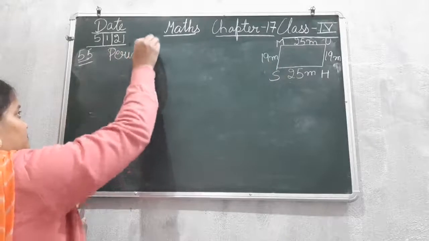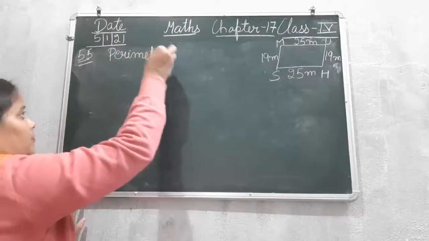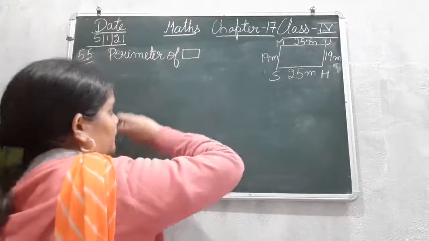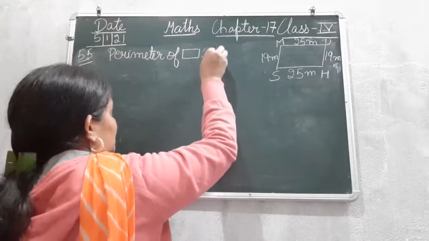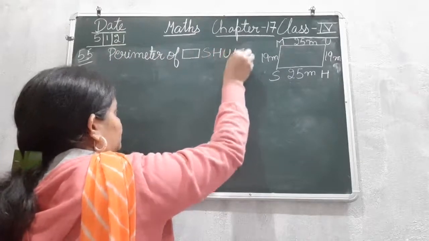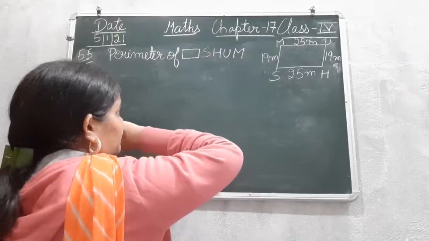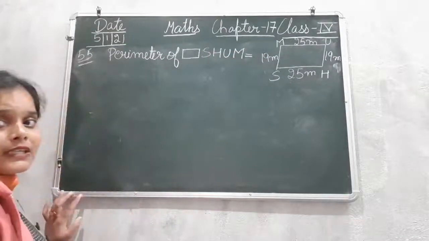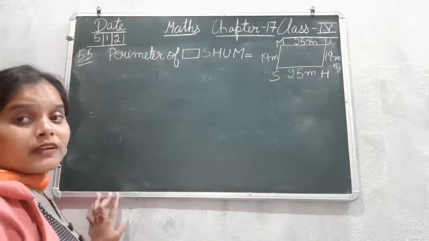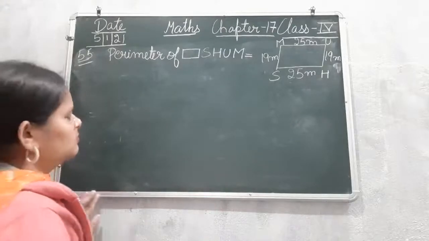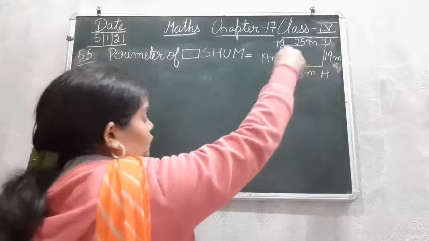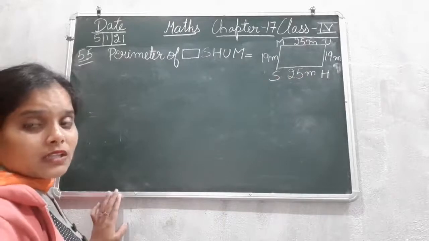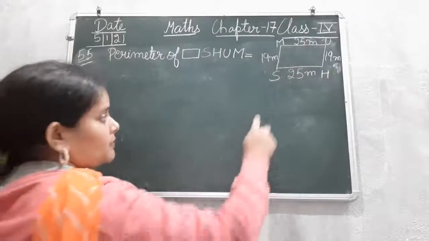Perimeter of rectangular field SHUM is equal to, so उसके लिए हम क्या करेंगे? We will add the length of all the different line segments of this given figure. So first of all we will write the name of all the line segments that are here. The first is